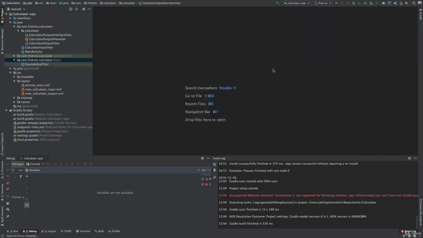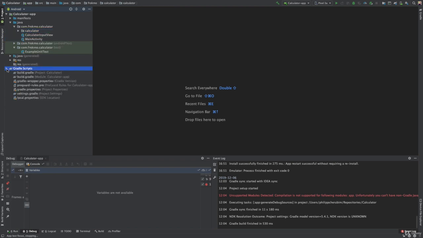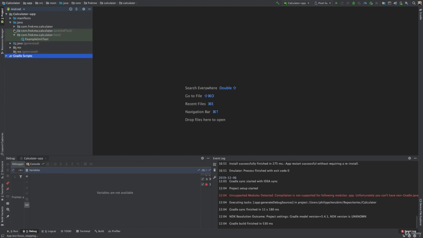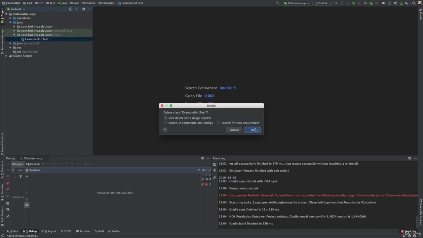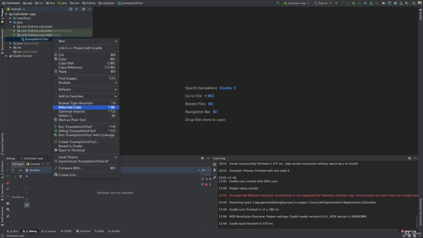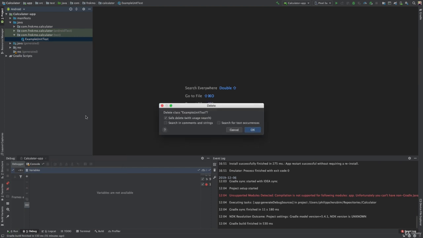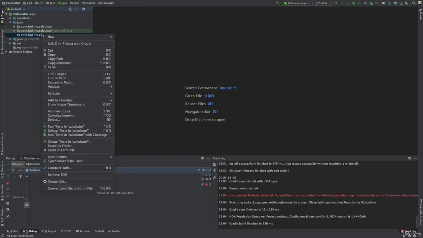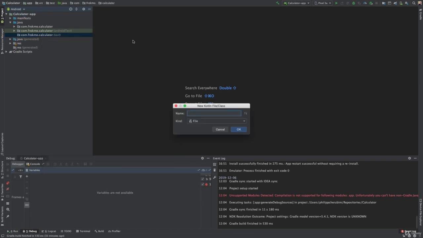Hello and welcome back. In this lecture, we are going to write our first unit test for the presenter we just created in the lecture before. So what you can do right now is, I need to just close all these resource folders here. You can open the package here with test, not the Android test, the one with test, then remove that example unit tests, or right click, and then click on delete, and then right click, new Java Kotlin file class,